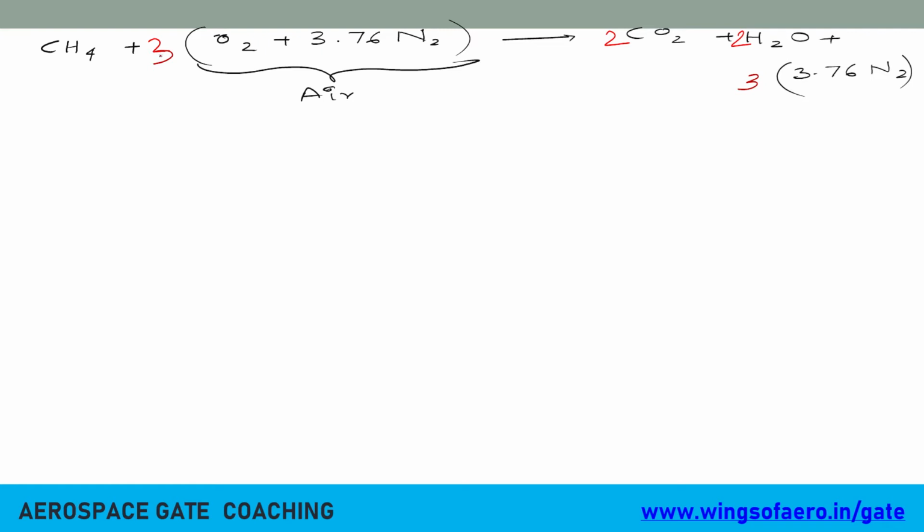No, ma'am, we need to put 3 because it is inside the bracket. Don't take the bracket, 3.76, ma'am. This part is a different part. Then don't take the bracket, ma'am. This is air, two parts, ma'am. O2 is a different part, nitrogen a different part, ma'am. Don't multiply, ma'am. No, no, this is together. Air means what? Just a second.